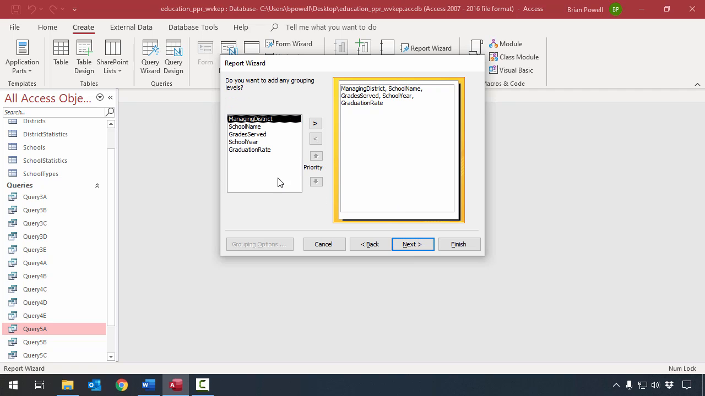On the next step, we're going to add some grouping levels. These will allow us to organize our data. So we're going to group our data by the grades served. I'm going to click on grades served here, and I'll click the right arrow. You can see that it's now this grouping level. So we'll have this grade served heading, and then underneath that we'll have managing district, school name, school year, graduation rate. This is the only thing that we need to do on this step of the wizard, so we'll click